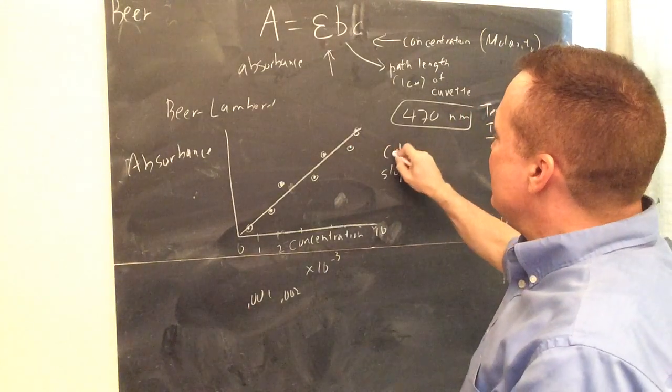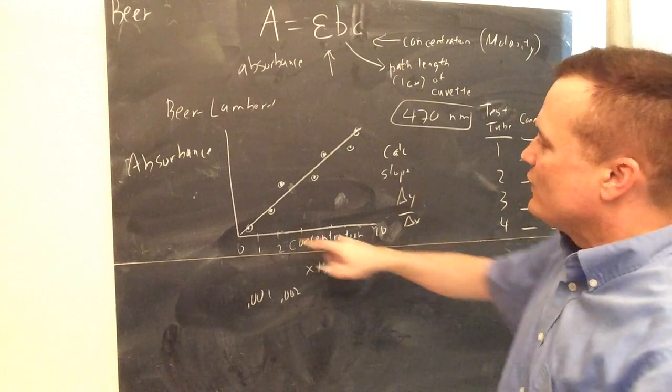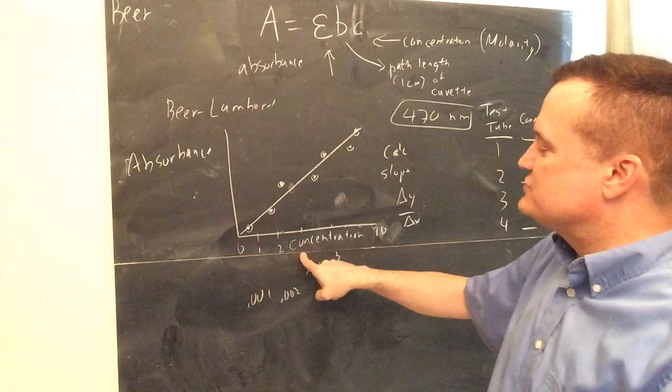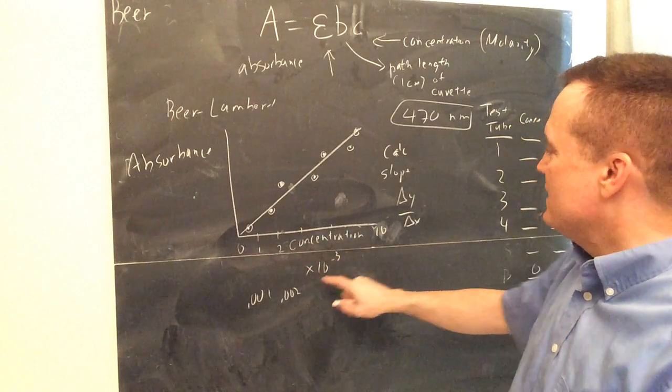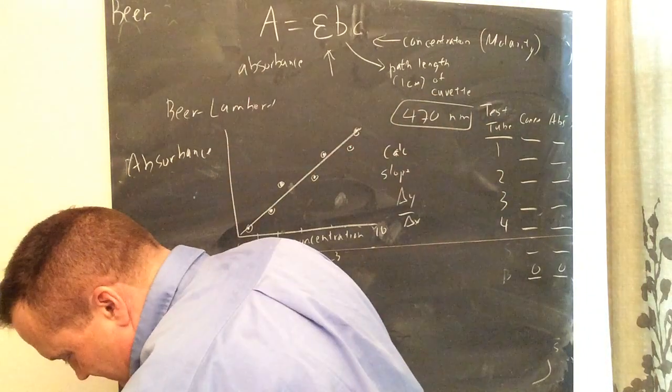Calculate the slope. Can you remember that slope is always a change in y over change in x, or in this case, change in absorbance over change in molarity, or concentration? So I'll take 2 points. Now, what you want to do